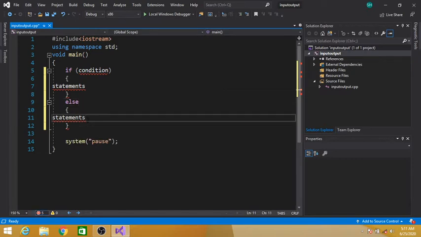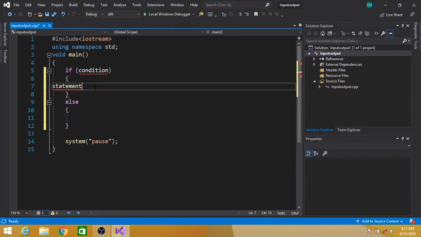So this is the syntax of the if else control structure. Guys, let's take an example for better understanding.